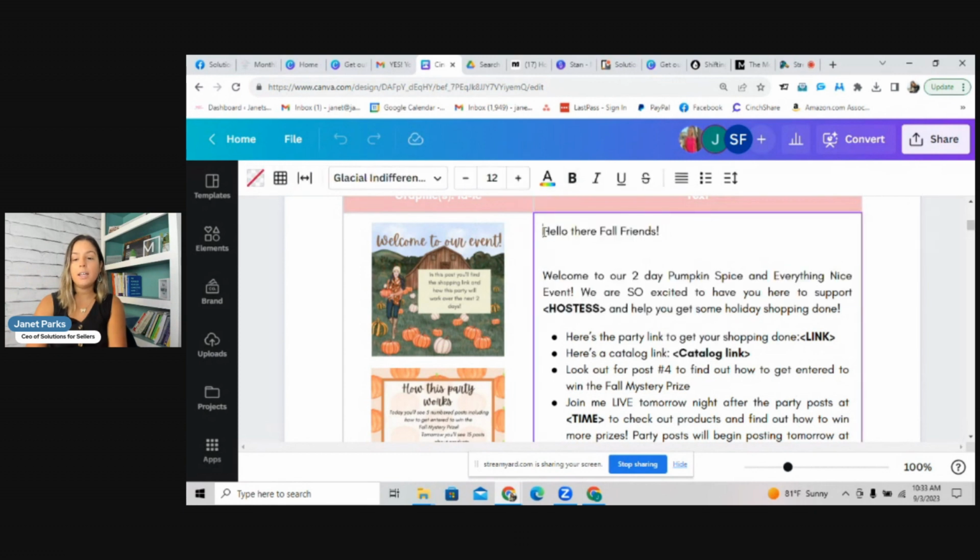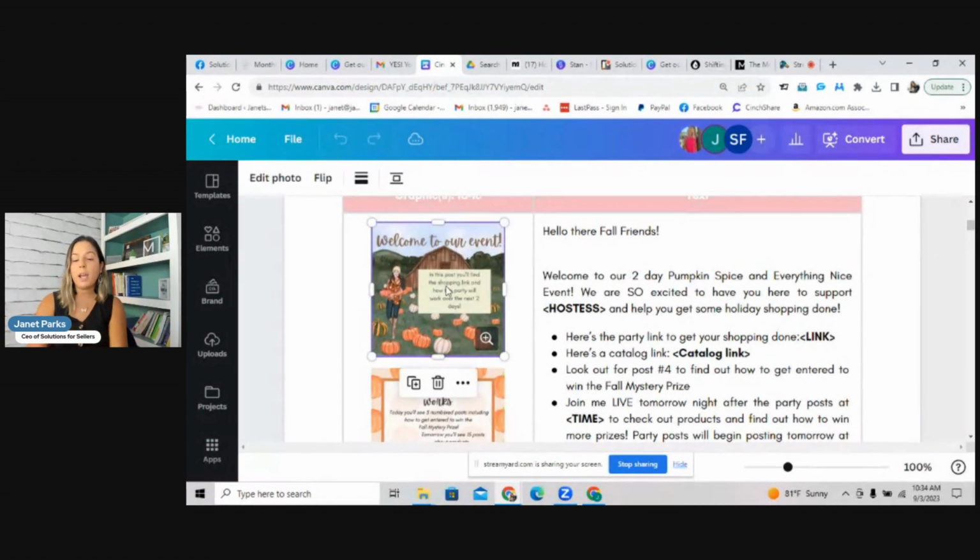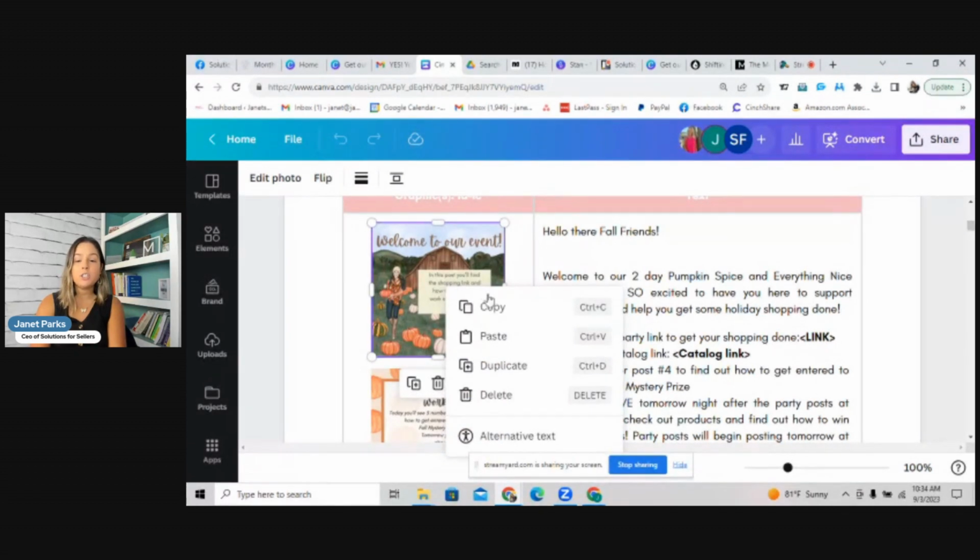You can highlight these captions, copy them, and paste them into your VIP group and use Facebook Scheduler or whatever other scheduler you use for your posts. You could even right click on the graphic if you wanted to, copy it, and paste it into your VIP group or in your party group as well. So that's one option.